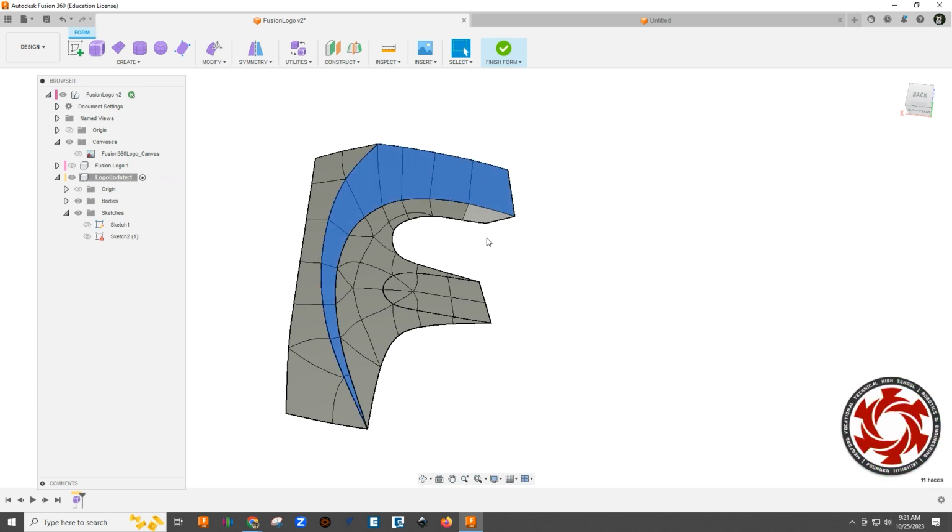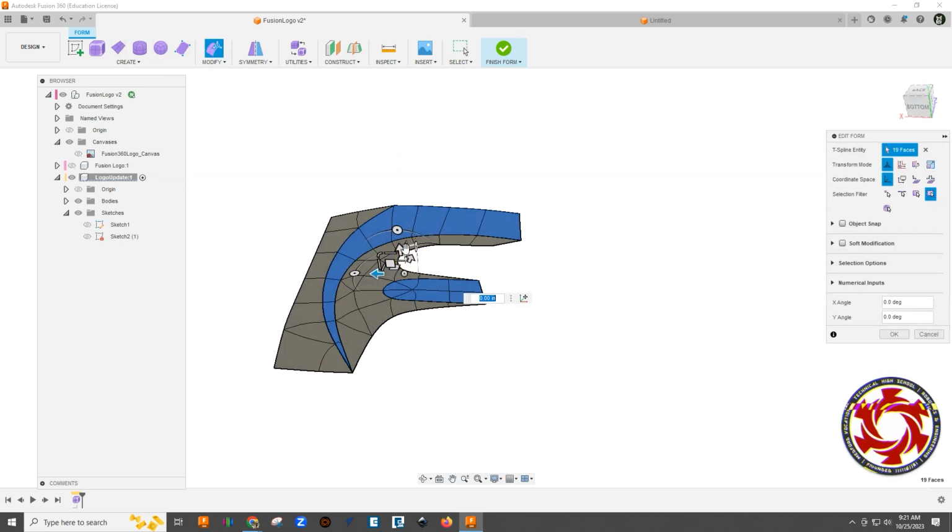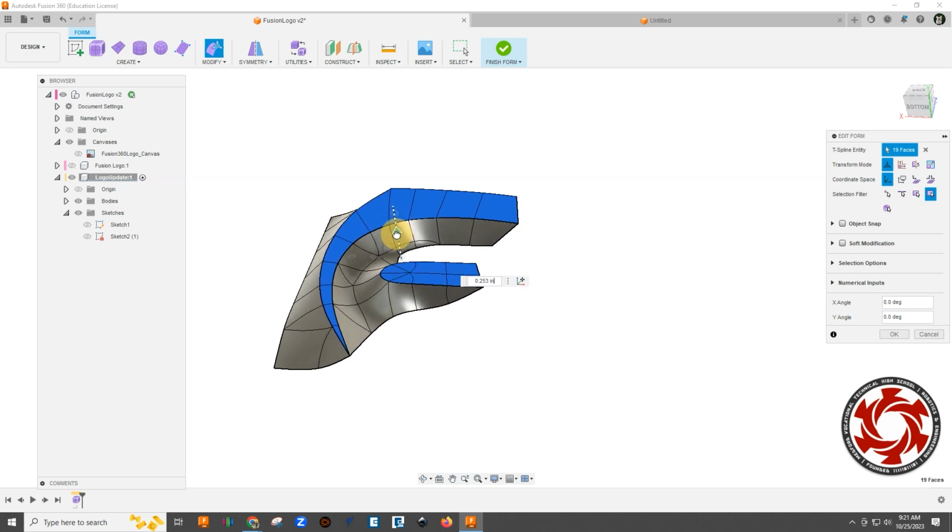If you select and then double click, that selects that whole row. Now I'm just selecting all of these, just holding down Shift and selecting. And we'll go to Modify, Edit Form. And now I can use the arrow and just pull it up,